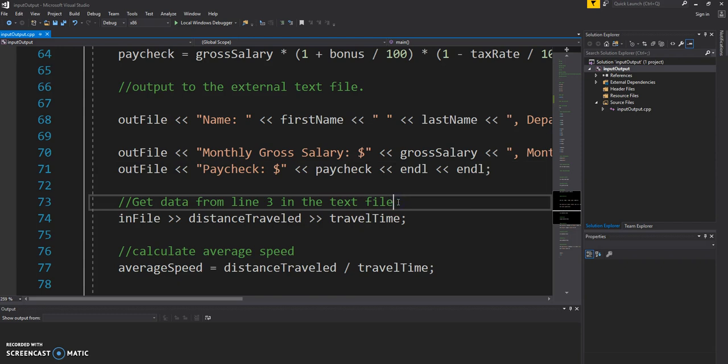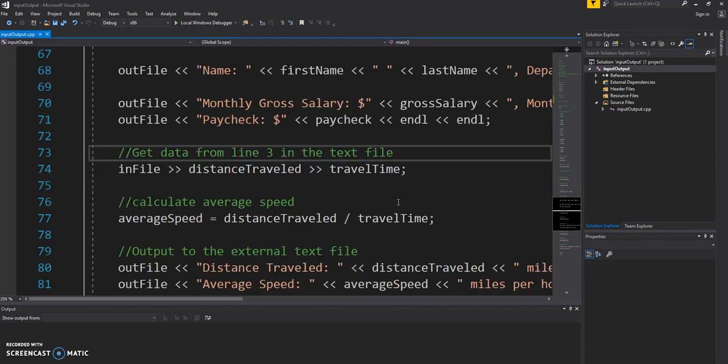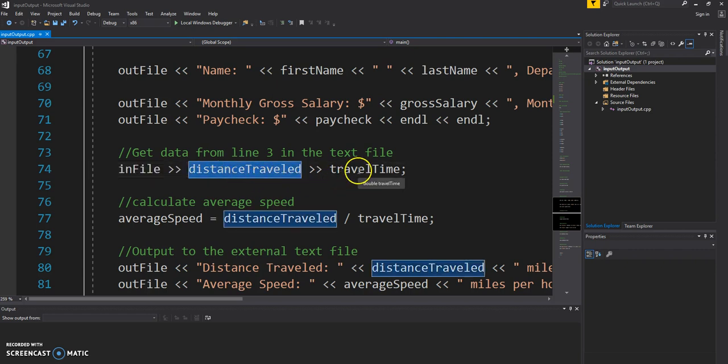Next in our algorithm, we're going to get the data from line number 3 so that we can then calculate the average speed. So from the in file, I'm going to bring in distance traveled and